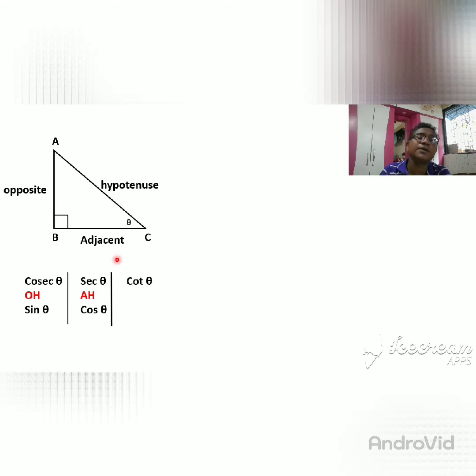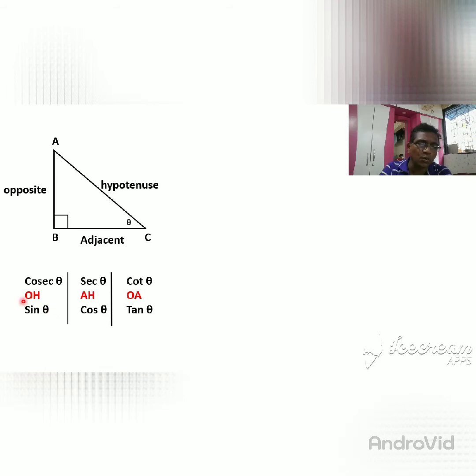So see here, we want to learn what trigonometry is, all the sides: sine, cos, cosec, sec, tan, all those things we want to learn. But all those things can be remembered very easily with the help of OH, HA, and OA. So you only remember these three words: OH, HA, and OA. If you only speak OH, HA, OA, then trigonometry is completed. So how is it possible?